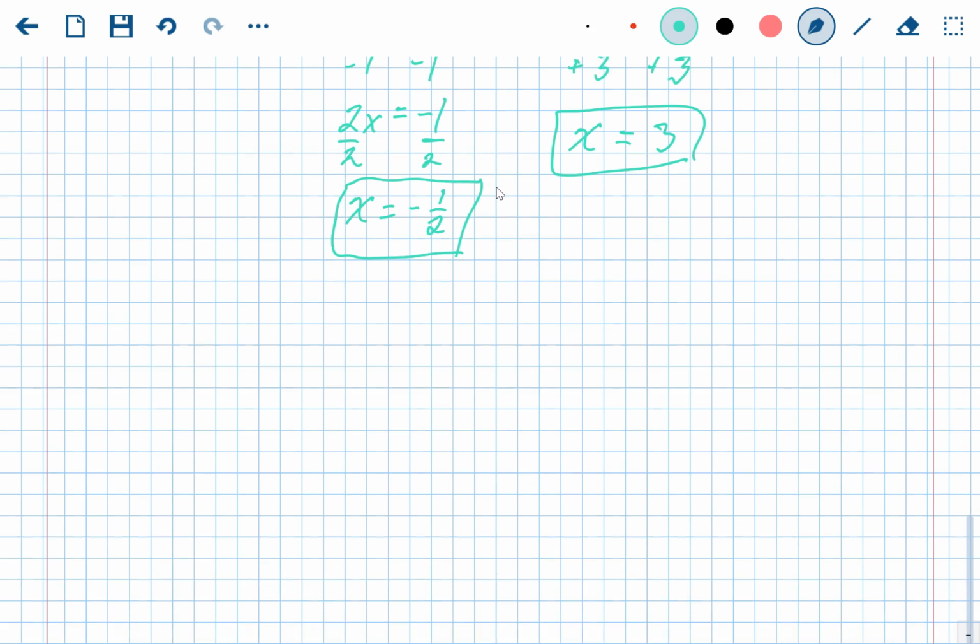The second video is just going to be more examples that we haven't done, more examples of finding the x-intercepts. Okay. So this next example,